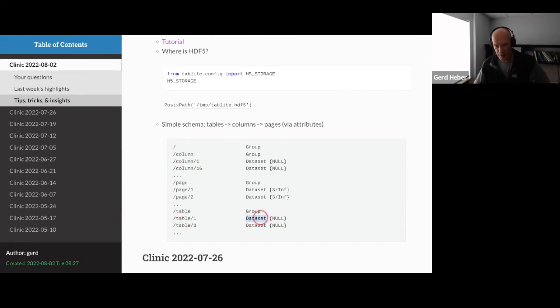So this data set leads you to a set of columns. And then you see, again, there isn't any real data here, because when you arrive at the column, you are asking yourself, where is the data for that column? And then again, he uses this approach.